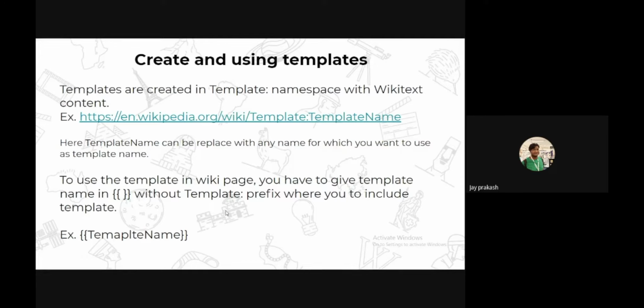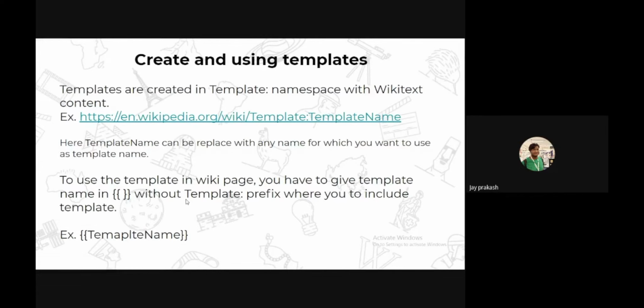So first write Template colon, then the name of the template. Here, the template name can be replaced with any name which you want to use. To create the template, just create the page with the Template colon prefix. To use that template, you have to use double curly brackets and closing double curly brackets to call that template.